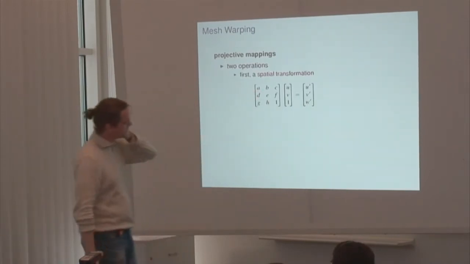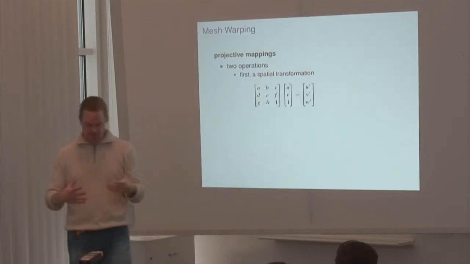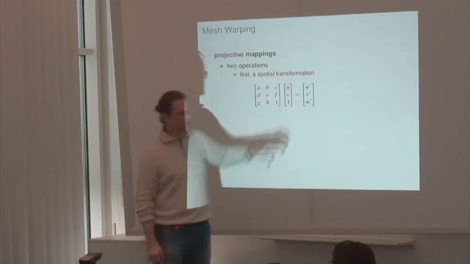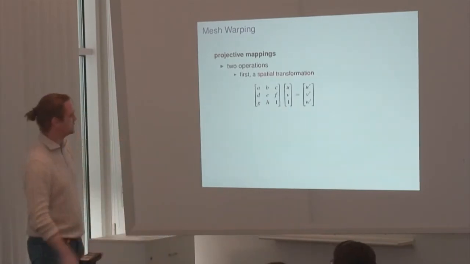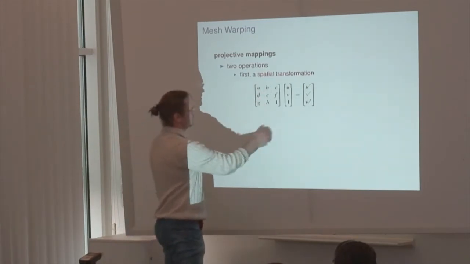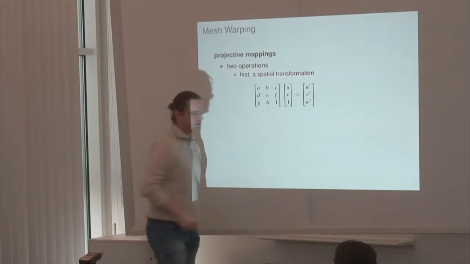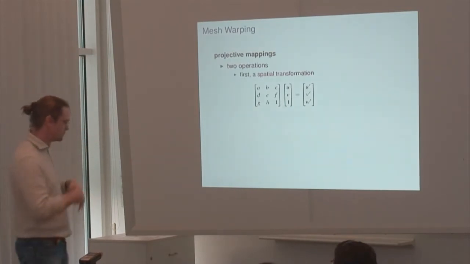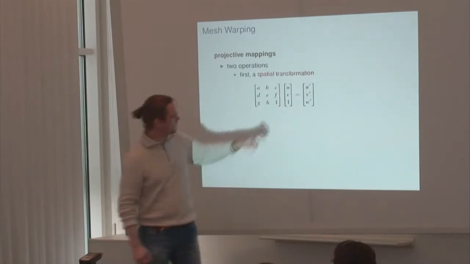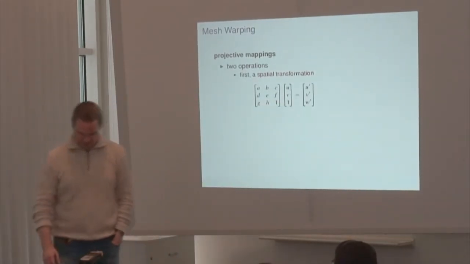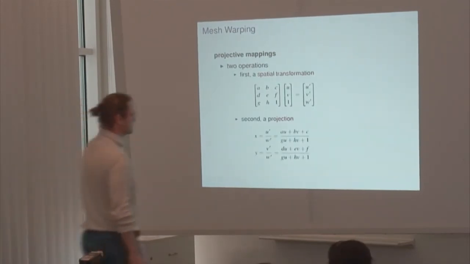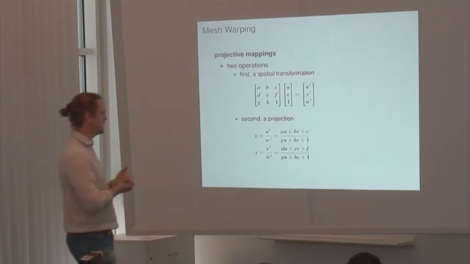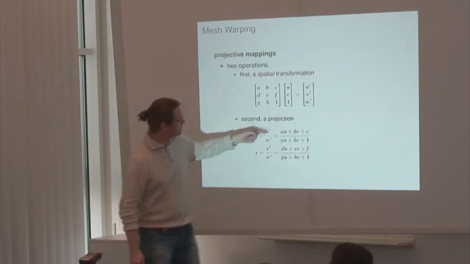These kind of transformations are realized by matrices like this, 3x3 matrices, in our case of points being embedded in a 3-dimensional space. And they produce a new 3-dimensional point, which I call u prime, v prime, w prime, because if we apply a matrix like this to a vector like that, then in the end this 1 here will not necessarily remain a 1. And this transformation would produce another 3-dimensional point. However, we are basically interested in 2-dimensional points, so we'd have to carry out a second operation that projects these 3-dimensional points into 2 dimensions,